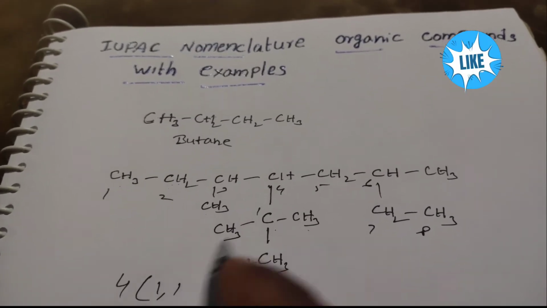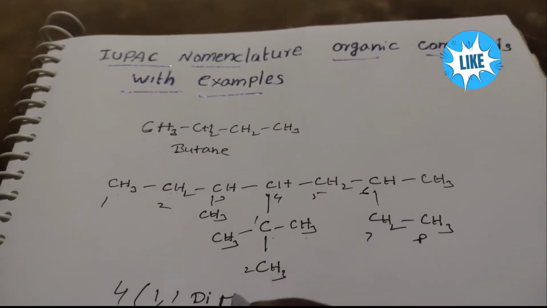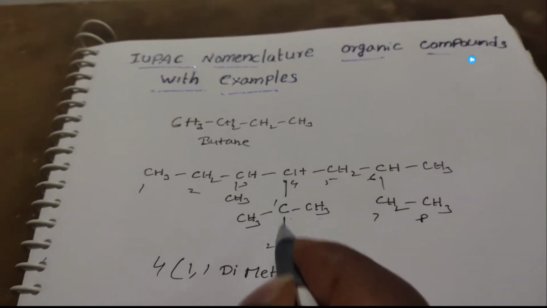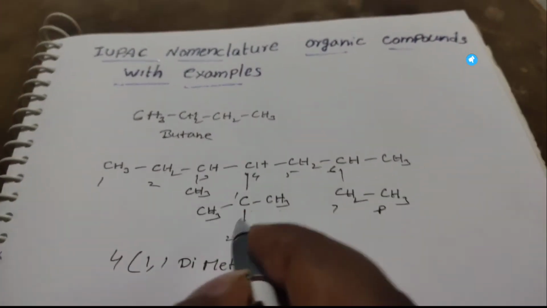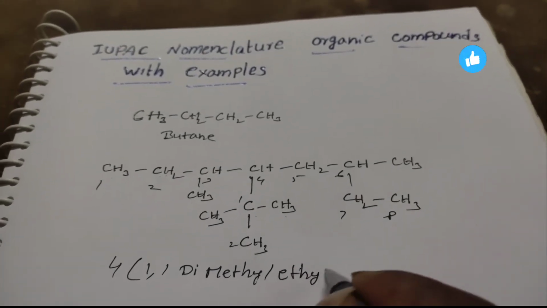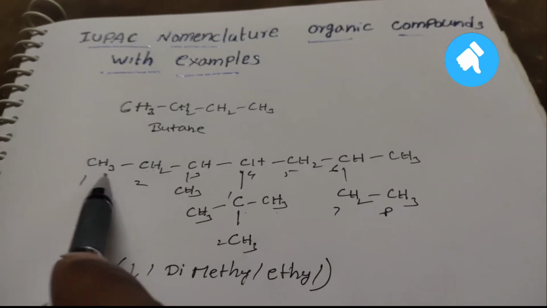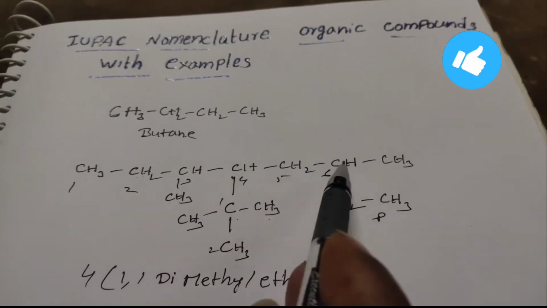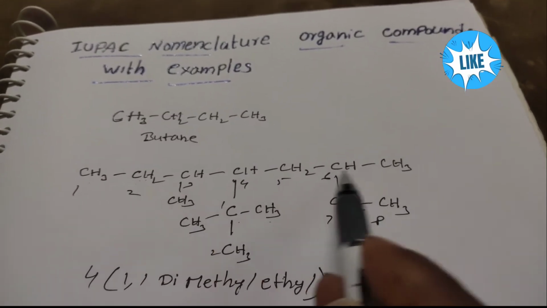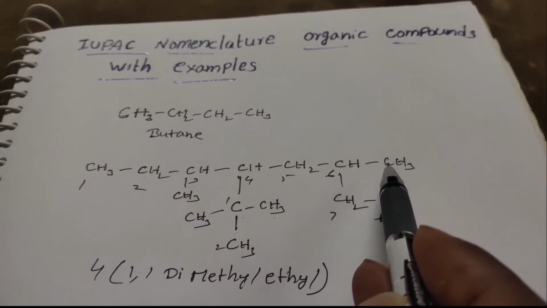What is that 1, 1? It is di, it is methyl. And the total number of carbons in the side chain is 2, so it is meth and the ethyl group. Ethyl, ethyl. So bracket close. And the total number of carbons is 1, 2, 3, 4, 5, 6, 7, 8. And the third and sixth positions have substitutions, those are methyl groups.